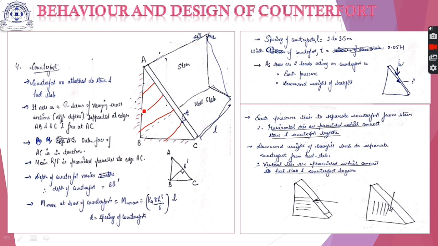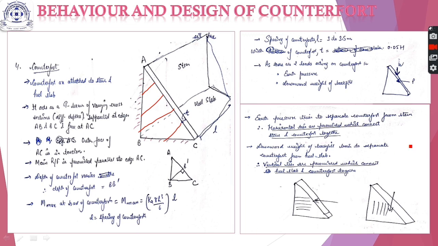So before we design the counterforts, we have to assume the spacing, which is taken as 3 to 3.5 meter, and the width of this counterfort. This width also has to be assumed, which is taken as 0.05 h, or in some cases it is also taken as the same as the thickness of the base slab. Now